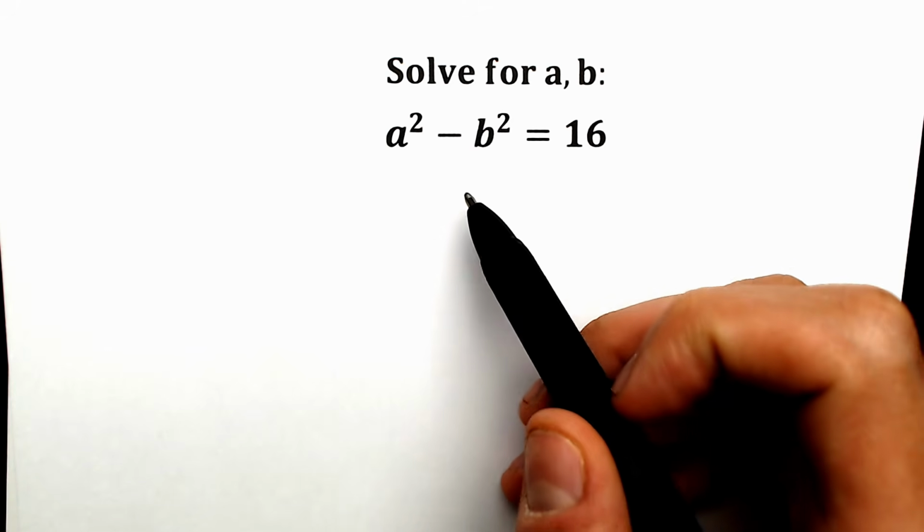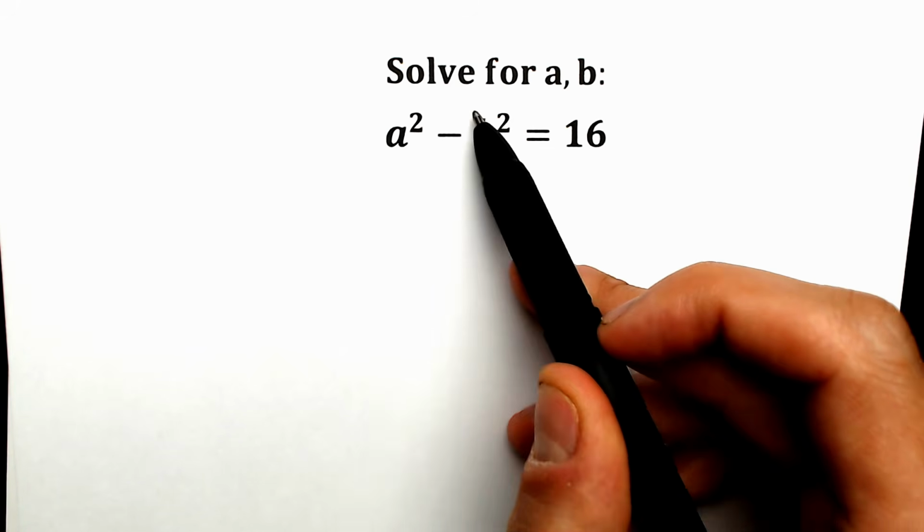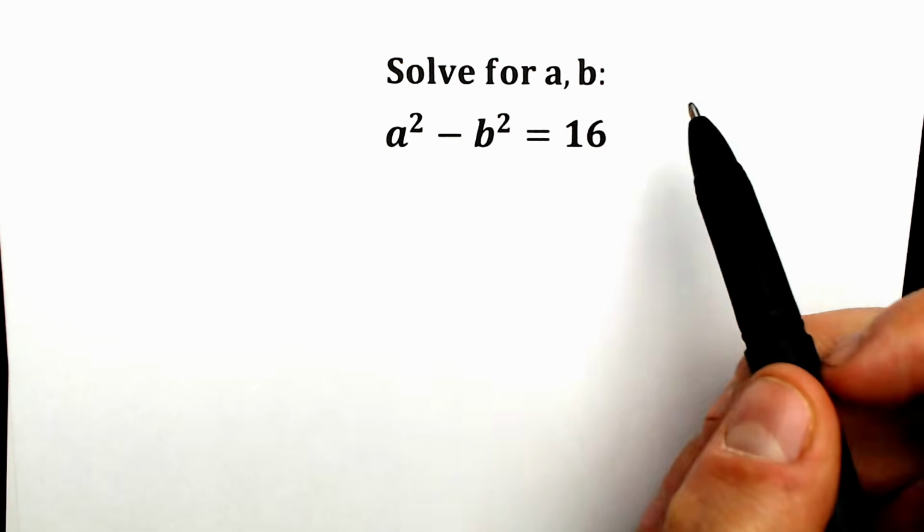Today we have a great algebra question. We know that a square minus b square equals 16, and we need to solve this question for a